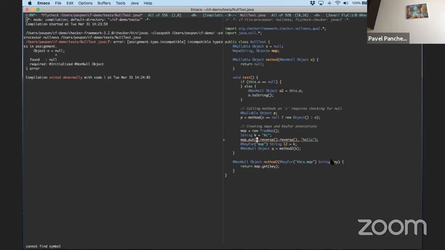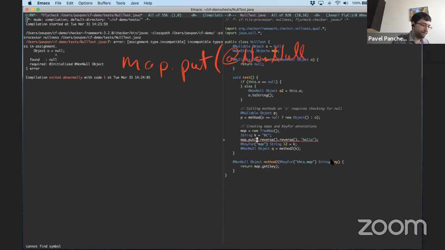The reason is because what's going on internally to learn that k is a key for map is the same refinement process that we were talking about for conditional. So we have a call, map.put, and inside the analysis, it knows that k has the state, actually just non-null.